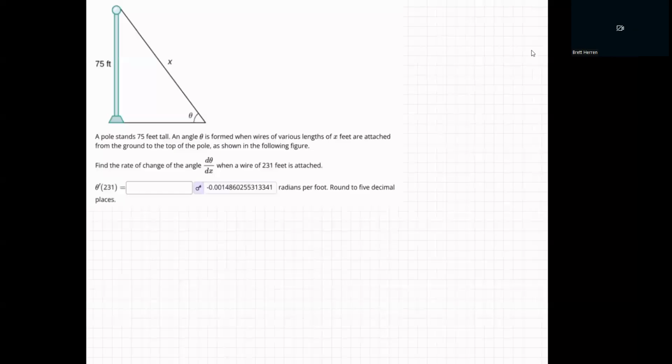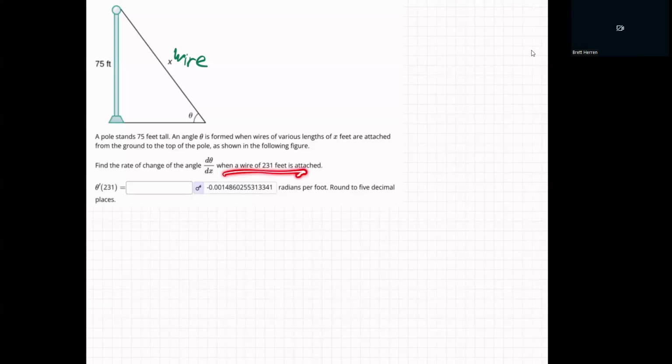Welcome to an example in which we have this pole. A pole stands 75 feet tall. An angle theta is formed when wires of various lengths of x feet, this is a wire right here, are attached from the ground to the top of the pole as shown in the figure. So from the ground up to the top of the pole, wires to hold the pole steady, I guess, some kind of engineering thing. Find the rate of change of the angle, d theta dx, when the wire of 231